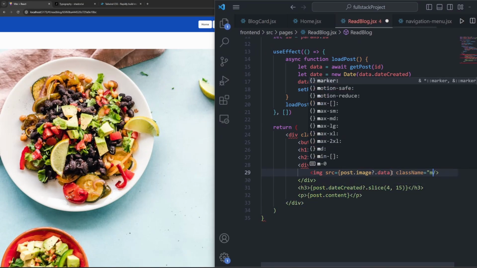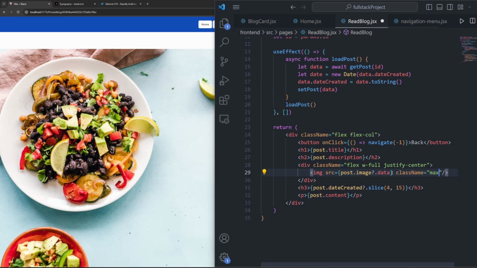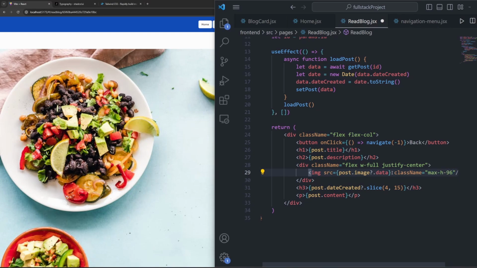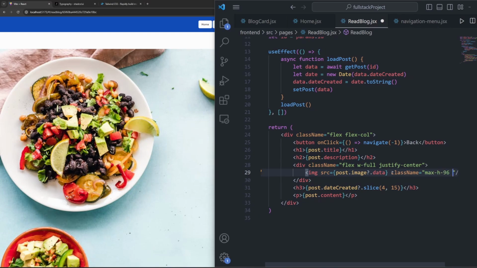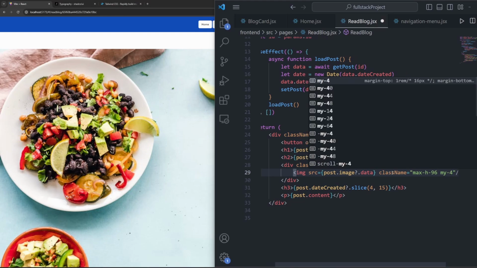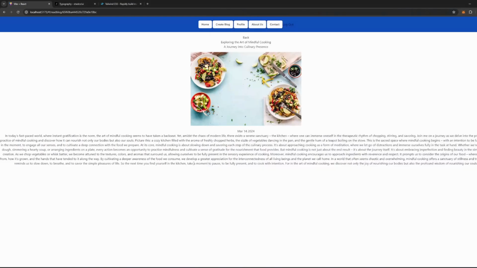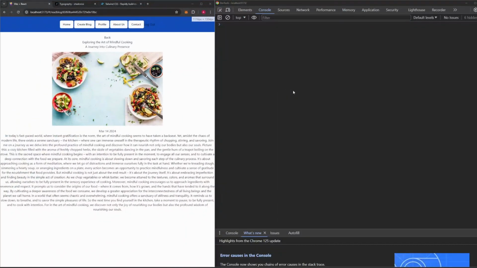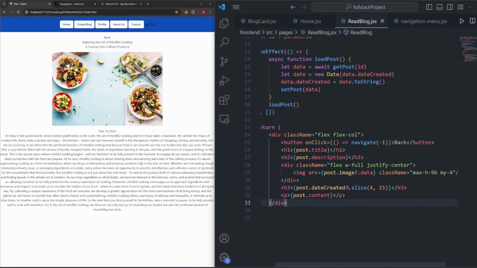and I'm going to give it a max height of 96, so it never exceeds that, and then we'll give it margin Y of 4, so it gives us 4 pixels of vertical margins. Go ahead and save it now, and we're already looking a lot cleaner. If you want to mess with the max height, feel free to, but I'm going to go ahead and take this tab here. I'm just going to resize this back to our screen here,